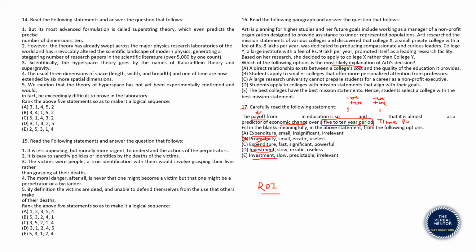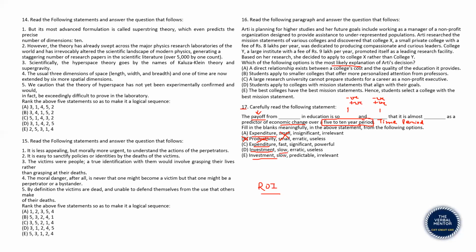Because the time period or duration is being talked of, the return on investment must be related to time period. Does the return come fast? Does the return come slow? That should be the idea here. All right, which further helps us eliminate options A and B. He's not talking about the degree of return. He's not talking about the amount of return. He's rather talking about the speed of return because time period is being talked of. So A and B, I'm sure, are not the answers.